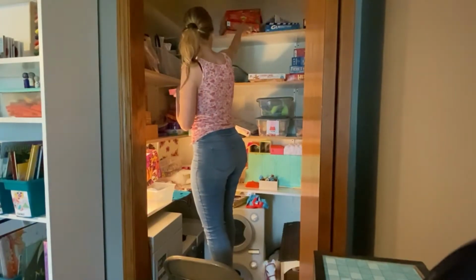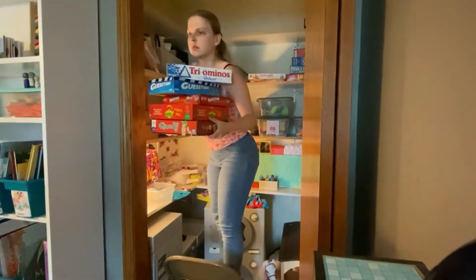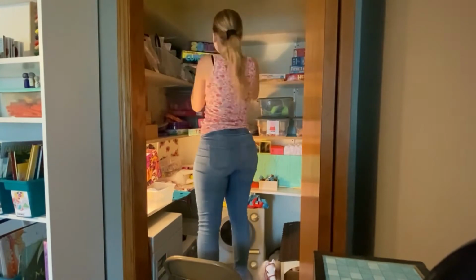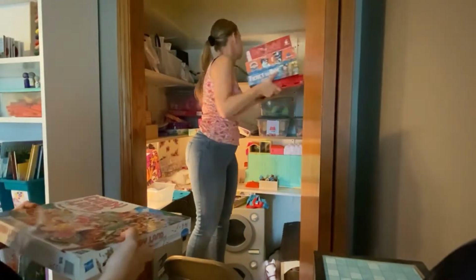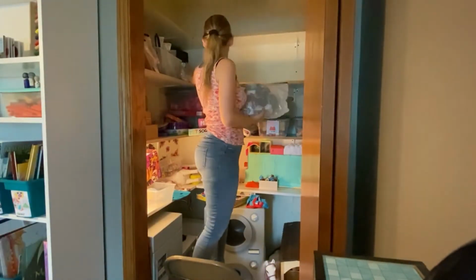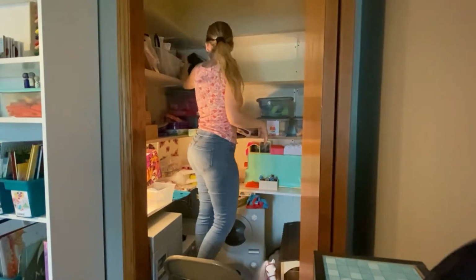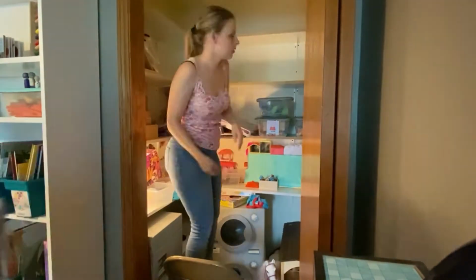Hi friends! Thank you for joining us in our Ruthless Playroom Clean. We're gonna declutter. We're gonna organize. We're gonna make this room look better than it ever has, just so the kids can mess it all up again. We are really excited for today's clean. We decided, like we said, to do the playroom, and it really, really needed to be cleaned inside and out,